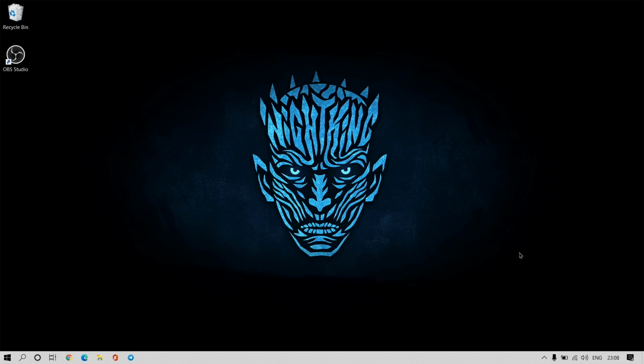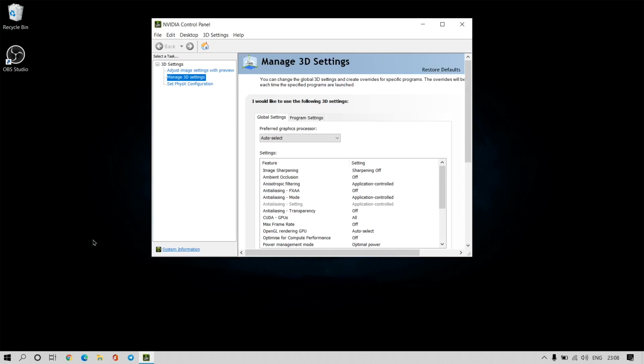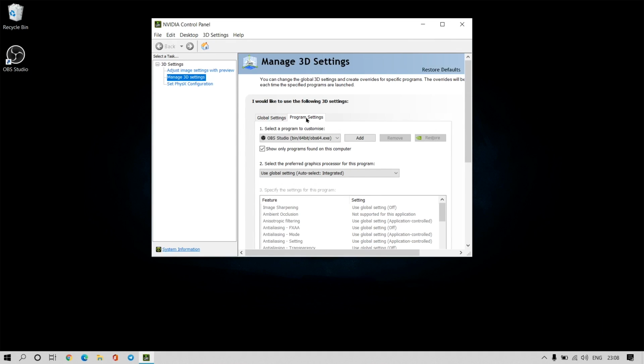Sometimes you have to combine this solution with the next solution: right click on the desktop and open NVIDIA Control Panel. Inside the NVIDIA Control Panel, you can go to Manage 3D settings and you have another option for the different graphics card. Then go to Program Settings and find OBS Studio. Select OBS Studio and you have two options to use here, High Performance or Integrated Graphics Card. Keep in mind that while recording the gaming screen, you have to select a high performance graphics card, and for normal screen recording, you have to use an integrated graphics card.